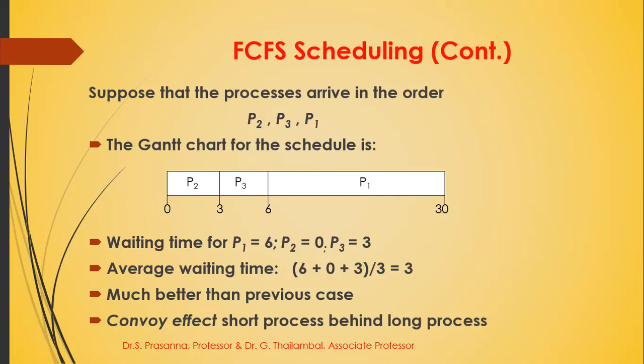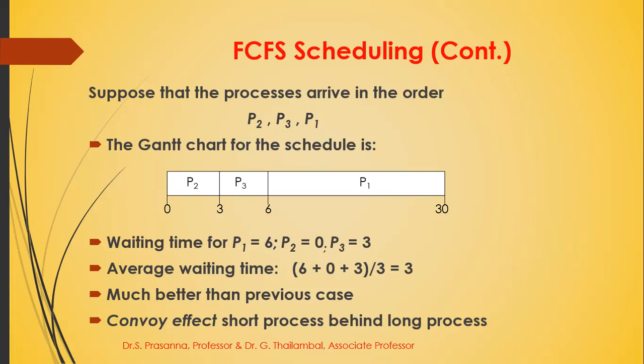Similarly, after that P3 comes. So P3 starts at the 3rd millisecond and the burst time of P3 is 3, so it stops at the 6th millisecond. And the burst time of P1 is 24. It comes after P3, so it starts its execution at the 6th millisecond and ends at 6 plus 24,